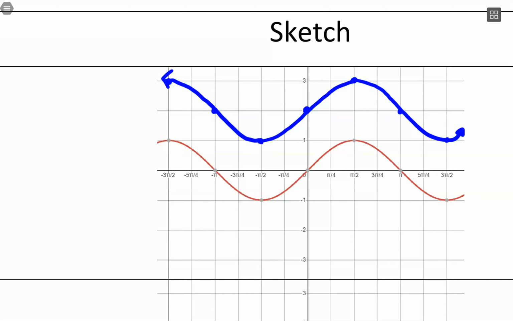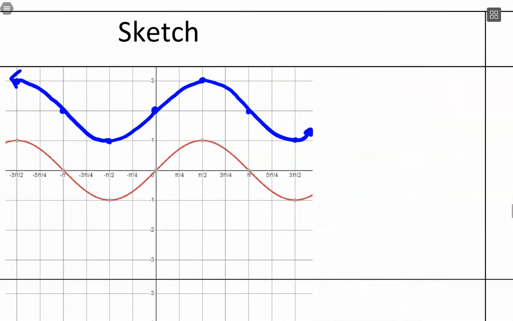Mostly what I look for are those key values going through the maximum, minimum, and midline values. And then another thing, a common mistake is students connect this with straight lines, and that is not okay. So try to get some curvature in there with these. Doesn't have to be exactly perfect, just as best you can. Alright, so with that, in terms of the transformation that we saw, this was a vertical shift up